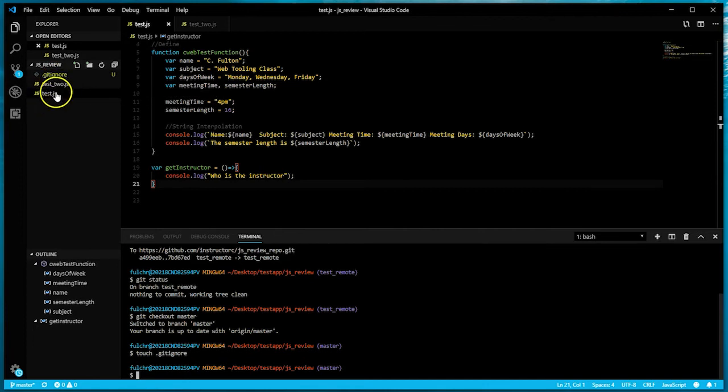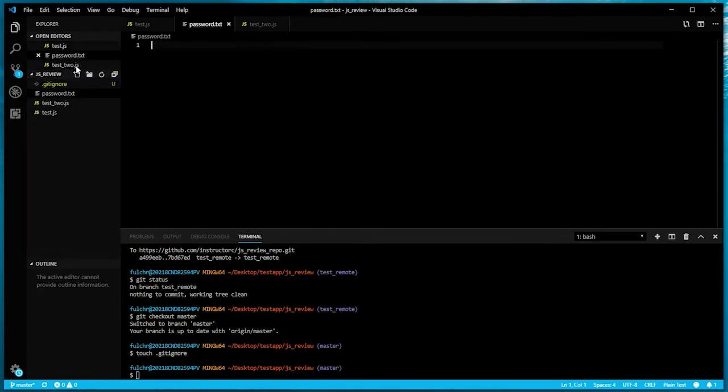And let's say that we wanted to ignore any file. Let's create a new file here. Let's call this file password.txt. And in password.txt, we're going to put a username or API key. Just put some random stuff there, right? So this is something sensitive that we don't want to get exposed. We may be using this API key within our